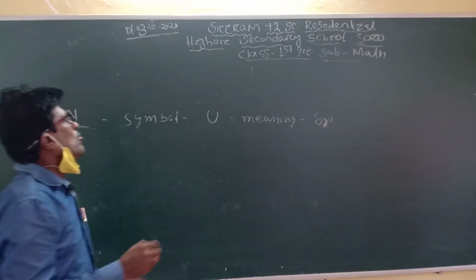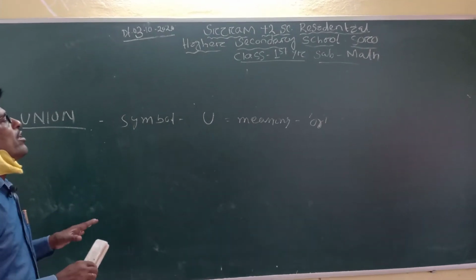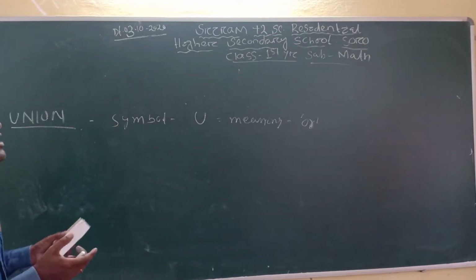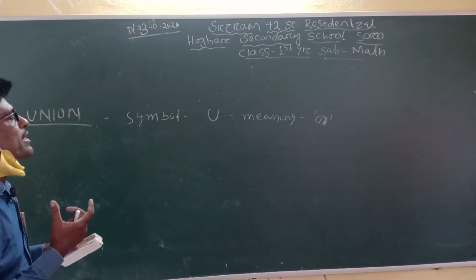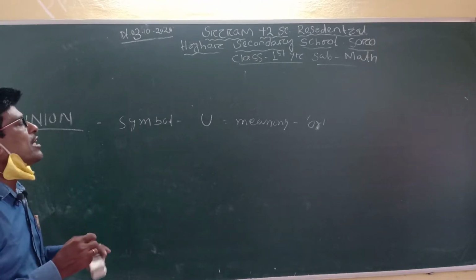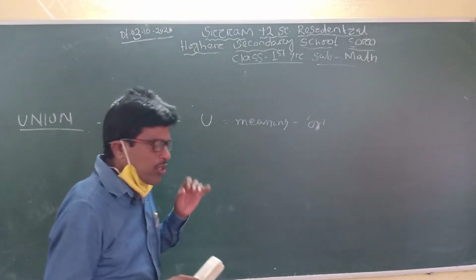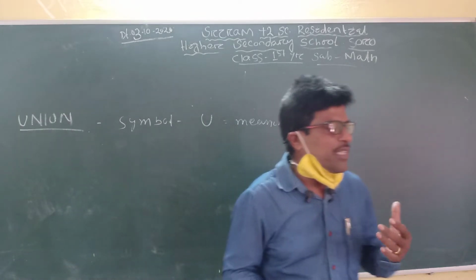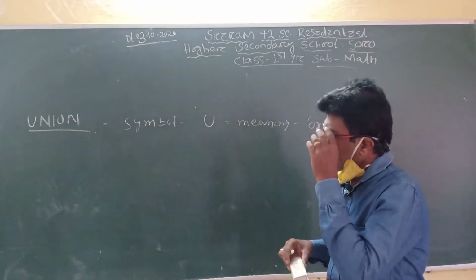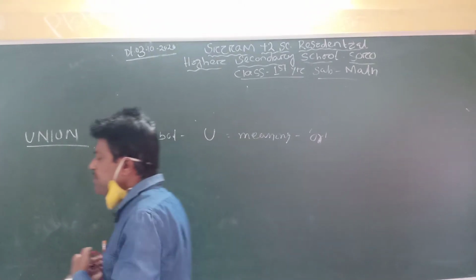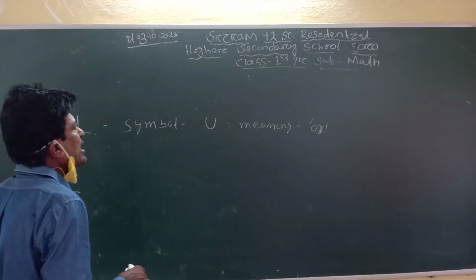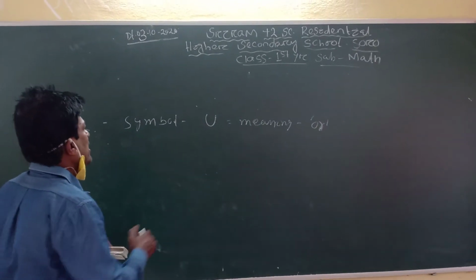I am clearly explaining why we use that symbol: U is equal to OR, and intersection is AND. Okay, now we have to draw a Venn diagram, creating a graph about two sets, taking A and B, two non-empty sets. Non-empty means the set has some elements, whereas an empty set means there are no elements. Taking A and B as two sets in a Venn diagram.